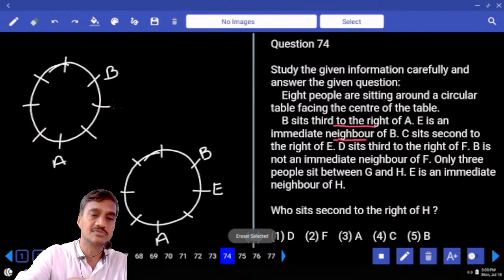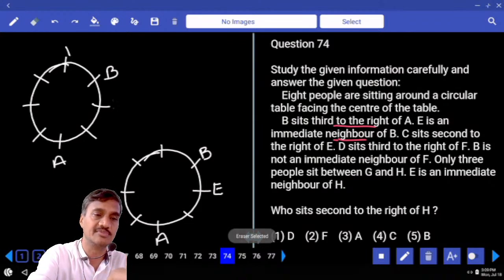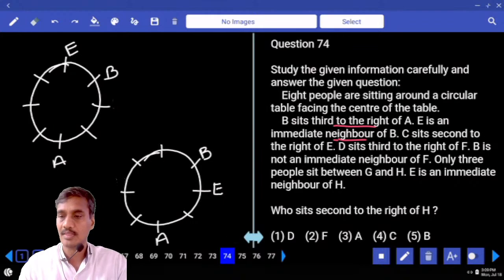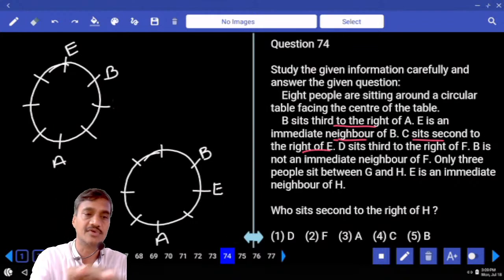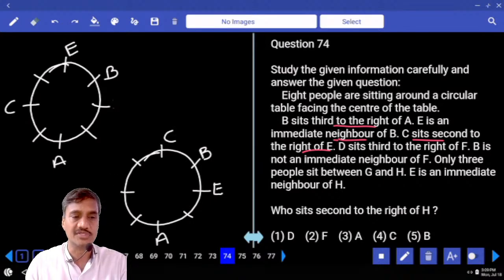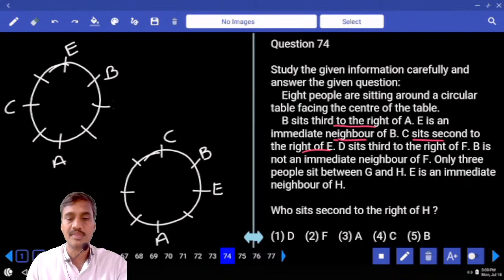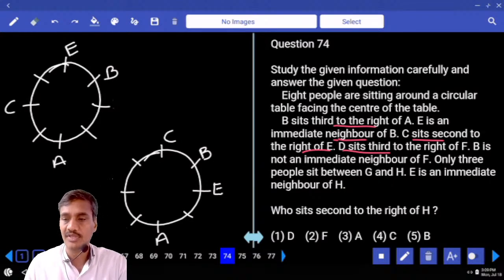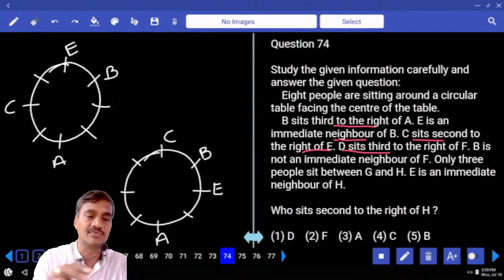Now E sits to the right of B, and E is an immediate neighbor of B. Then, and next one, C sits second to the right of E; in the first case E is here. Now in this case C is seated to the right of E, and C is at this place. And C sits to the right of E, and D sits to the right of F. Now D is seated to the right of A, and B is not an immediate neighbor of A, hence